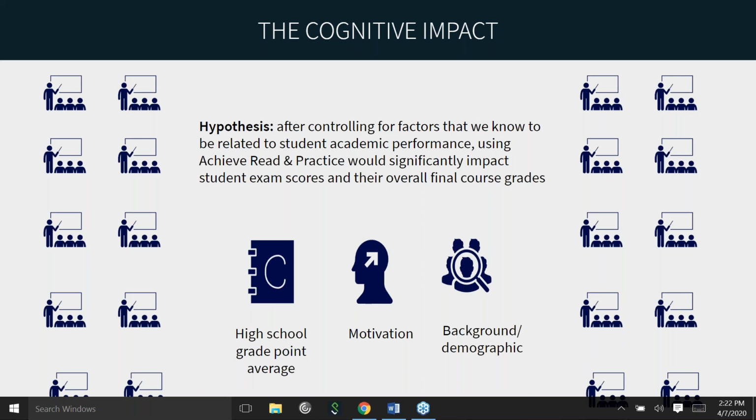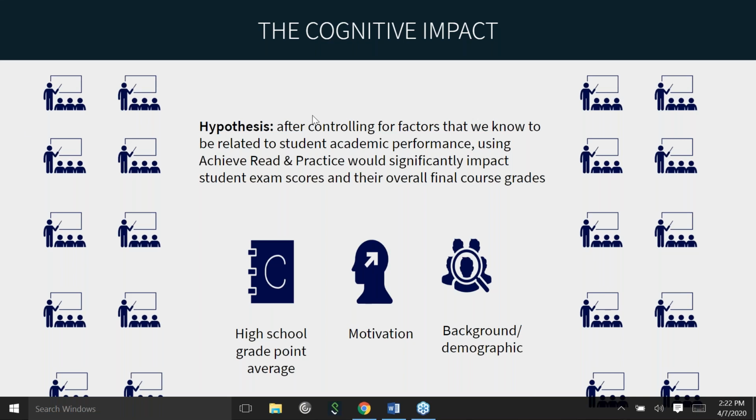Because we have these data, we can then control for it at the analysis level. So we can ensure that when we're comparing the results of the section that used Read and Practice with the section that didn't, those results can actually be attributed to the impact that the tool had, as opposed to the possibility that it's being impacted by all of these other things,